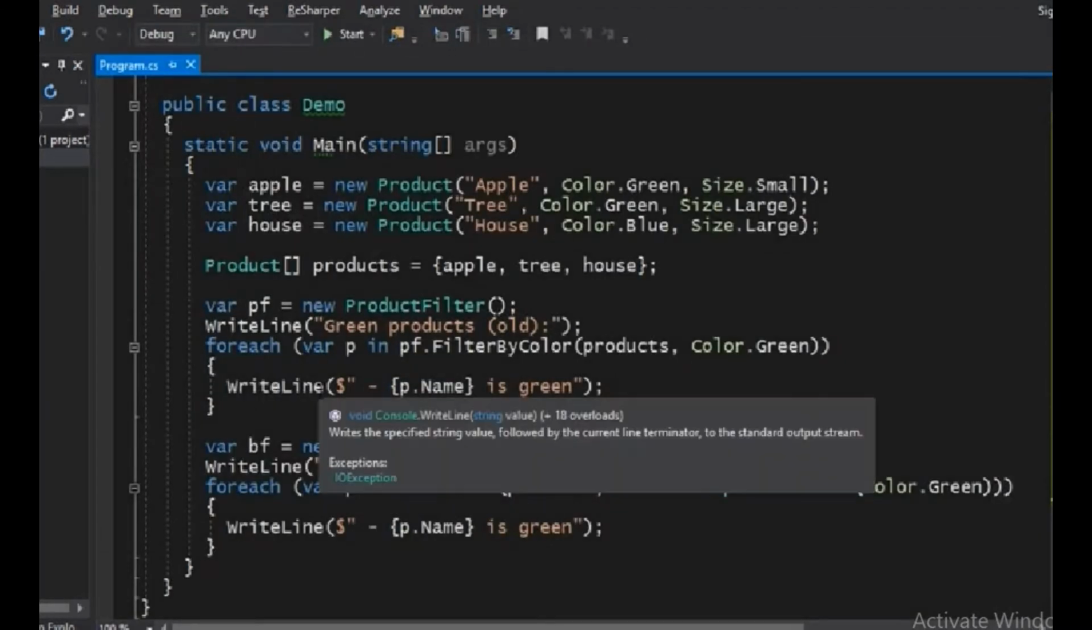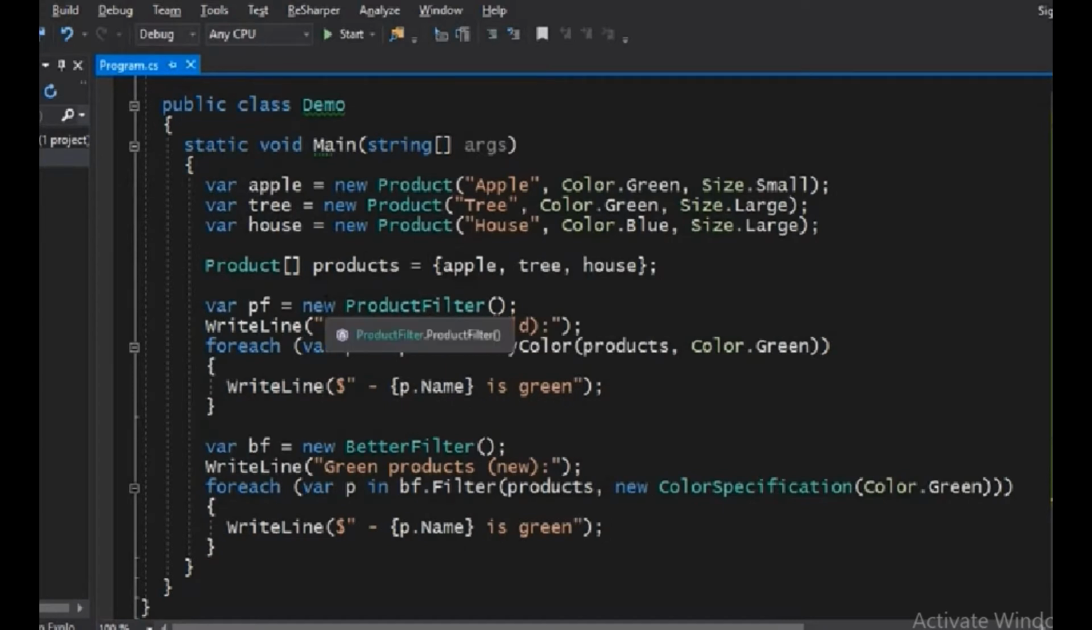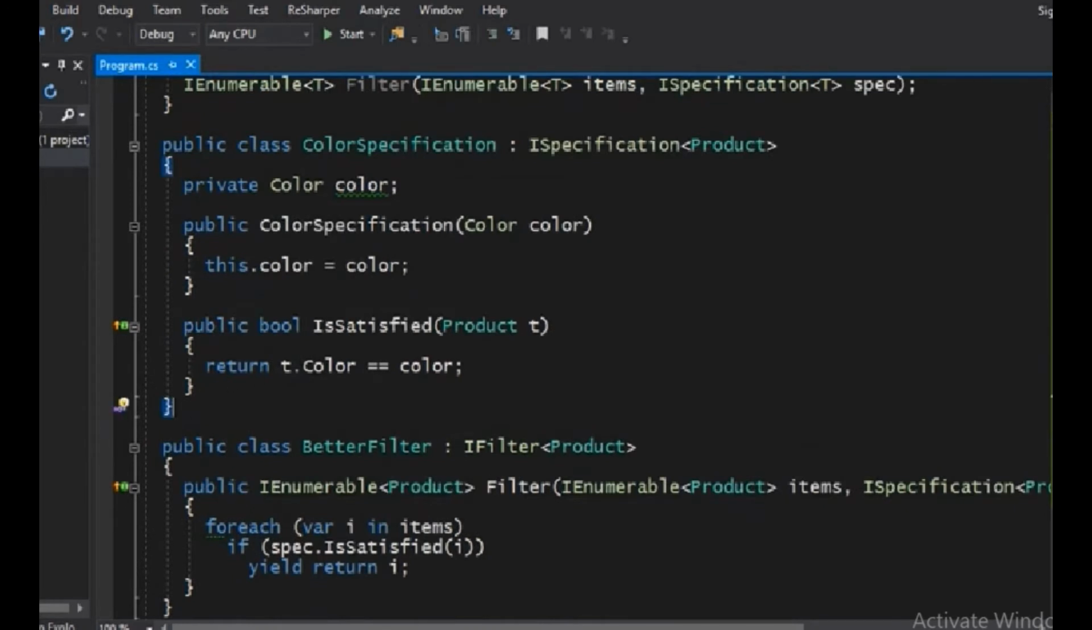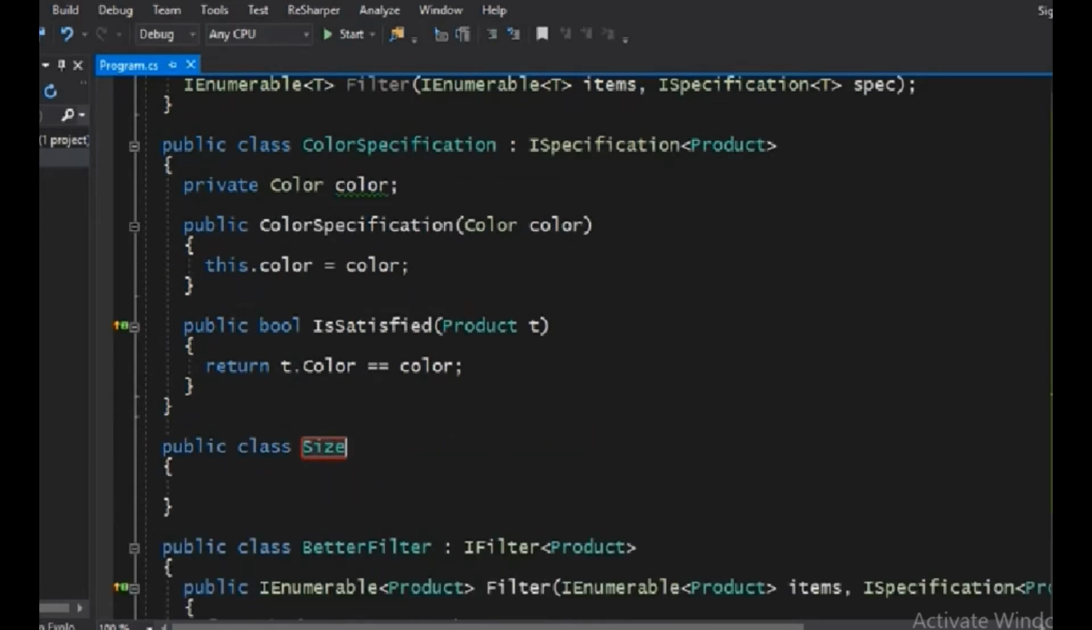Alright, so now you might be wondering, well, okay, this was color. Now how about color and size? How about filtering by both of these, for example? So first of all, we have to make a size specification. So once again, I'll make a size specification,